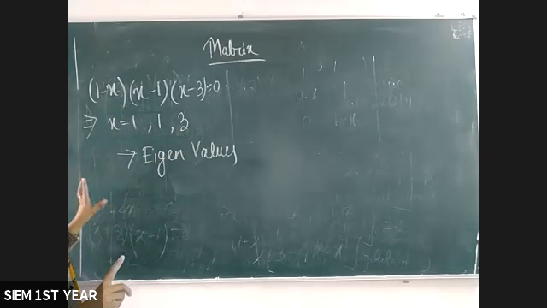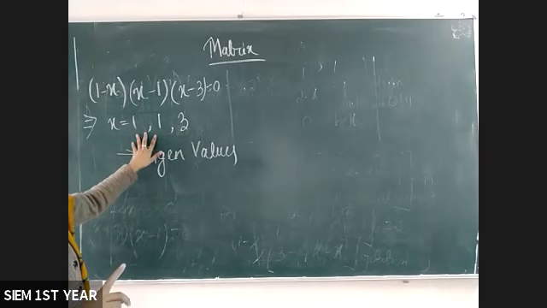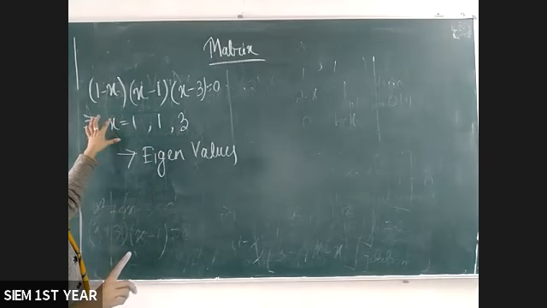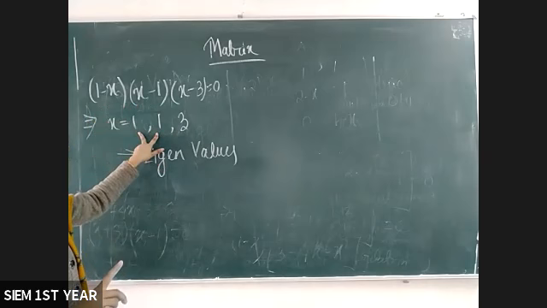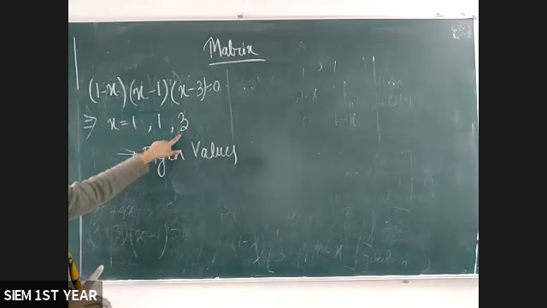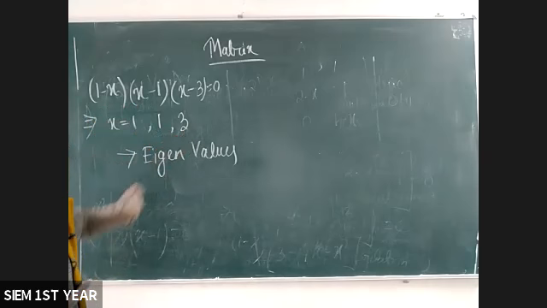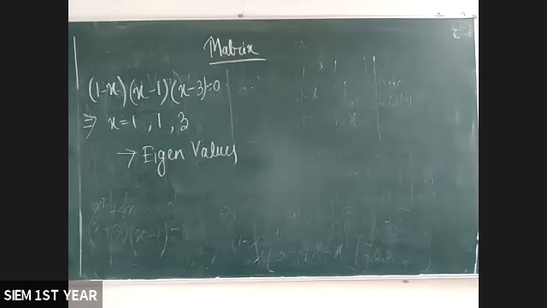I think it is clear to all of you what the concept of algebraic multiplicity is: how many times each eigenvalue occurs. 1 occurs 2 times here, so the algebraic multiplicity of 1 is 2, and 3 occurs only 1 time, so the algebraic multiplicity of 3 is 1. So next we have to just consider the eigenvector. First copy up to this point.